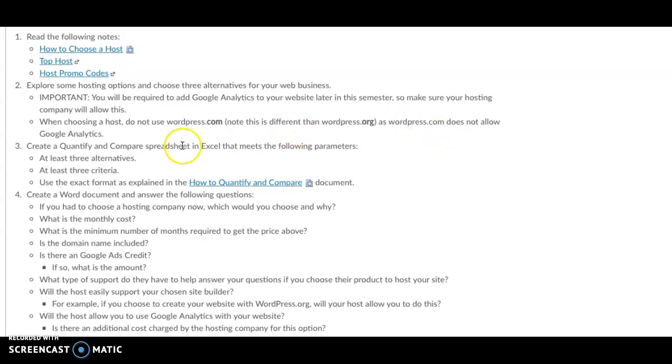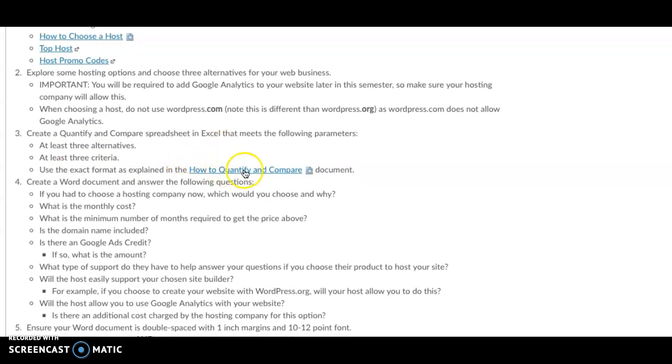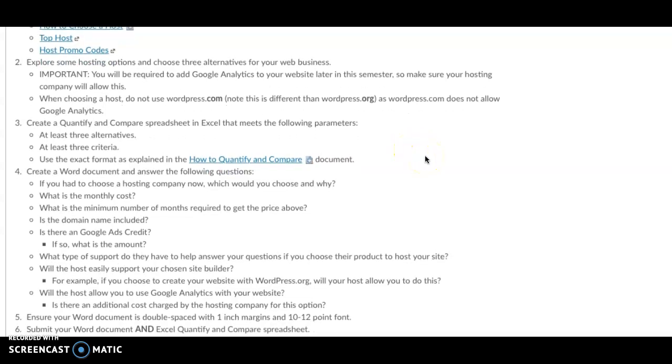So in essence, you will research different hosting companies, and you will find three different hosting companies to compare. You'll have three criteria in your weighted decision matrix and your quantify and compare spreadsheet. Sorry, I use those terms interchangeably, and I should explain that from the beginning. The course calls it a quantify and compare, which is the assignment we use. It is a weighted decision matrix, and that's something that will apply to various